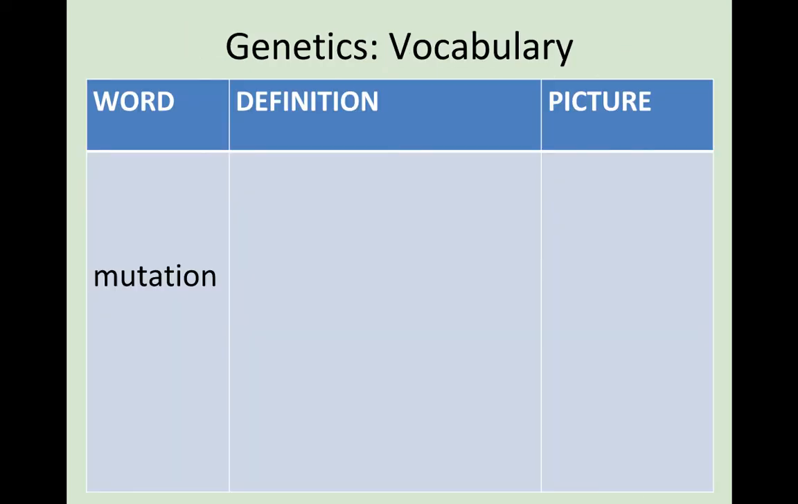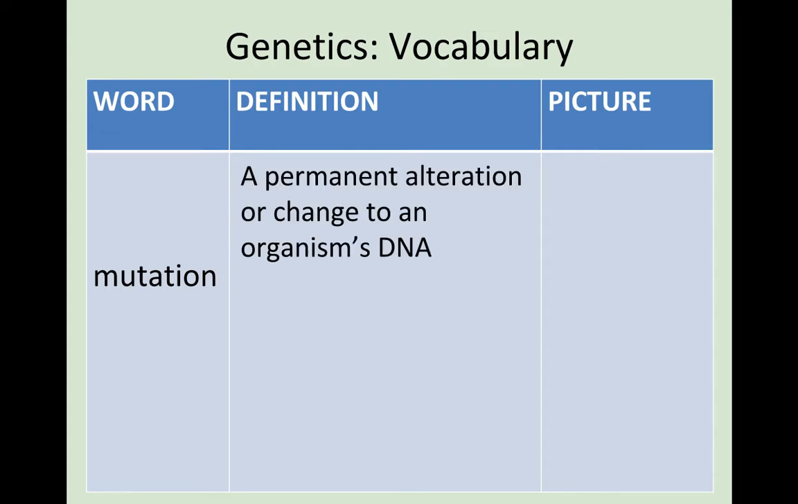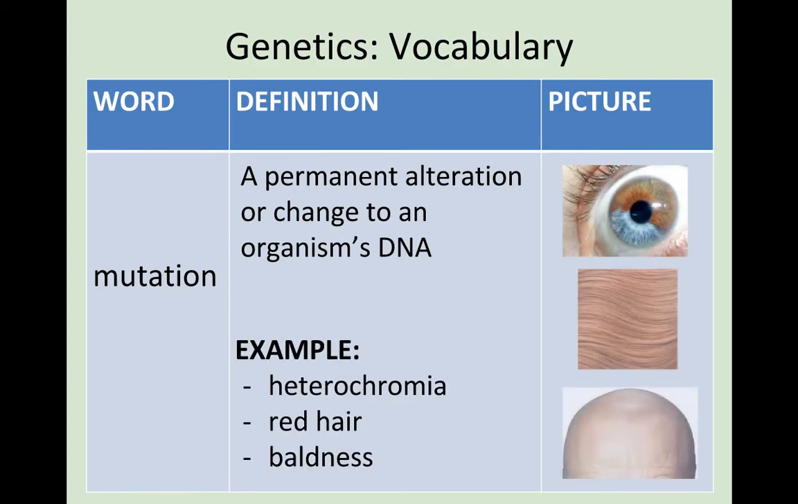Okay, here's where you want to jot some stuff down. You know how to set this up, so pause the video if you need to. So mutation: a permanent alteration or change to an organism's DNA. So you have, and we'll go into this in more detail, what this looks like. So here's some examples of a mutation coming out as a